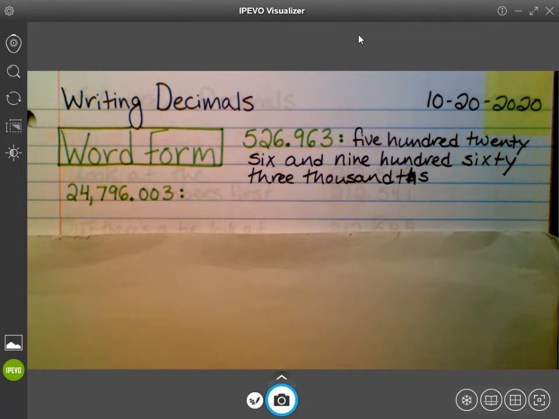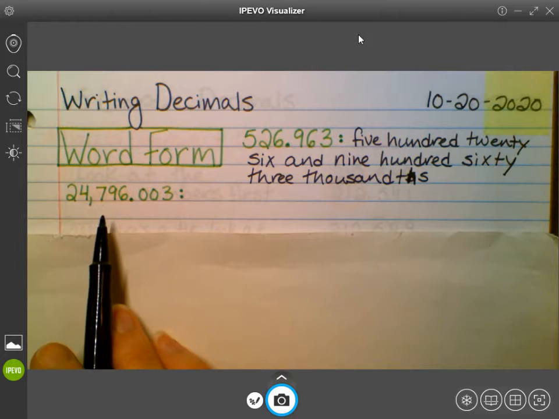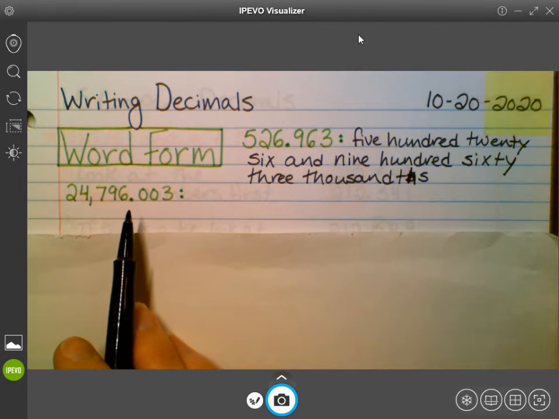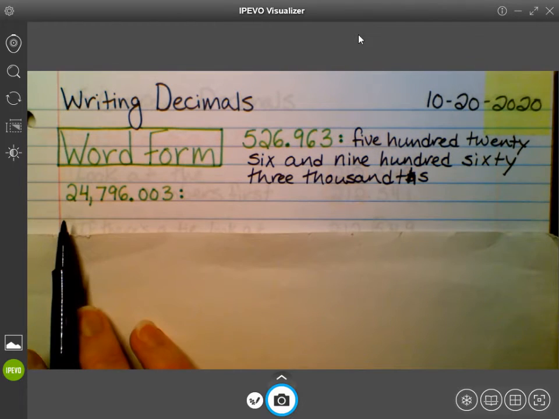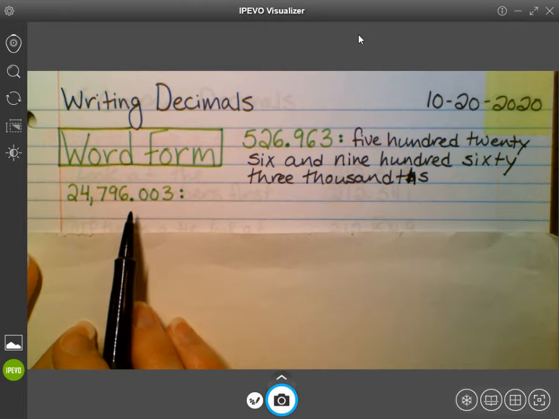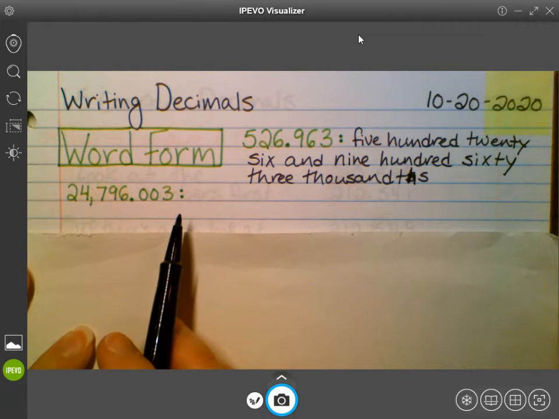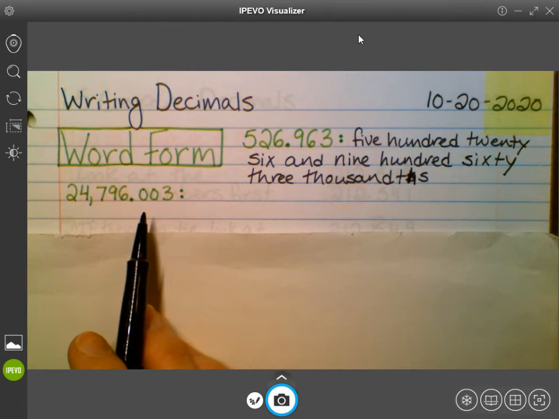And on the count of 3, we're going to say it out loud. So 1, 2, 3. 24,796 and 3 thousandths. 24,796 and 3 thousandths. So just like when we have a whole number that has zeros in certain places, we